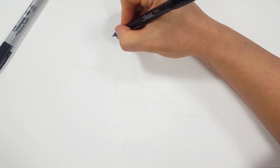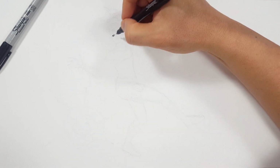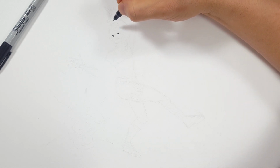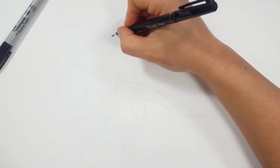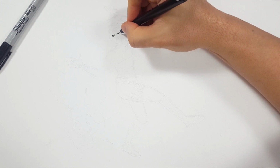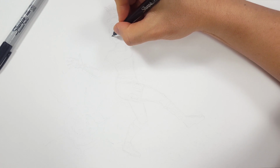So I can draw the retinas there, add some pupil, and I just added a few dots with my Sharpie because it'll start to bleed. I can't draw the entire little dot like that, and I'm going to build off of this. So for girls, what I like to do, because this is very defining, I like color to take care of a lot of stuff, but Sharpies define so much that I have to be careful as to what I add and what I don't add. I like to add just a little bit of a cat eye to define makeup and bring it in at the bottom just a little like that. I don't draw the entire eye. I let the bottom of the iris imply the bottom of the eye because, like I said, I can do that with color and not get too defined with the Sharpie like this. So I think I'm going to stop there